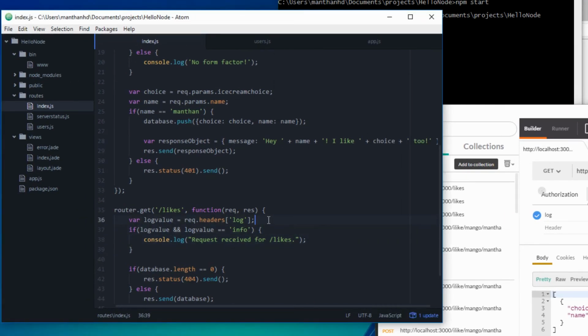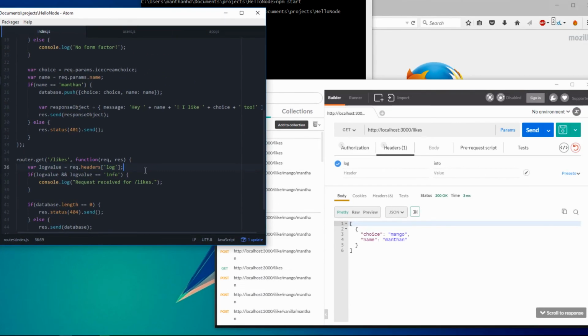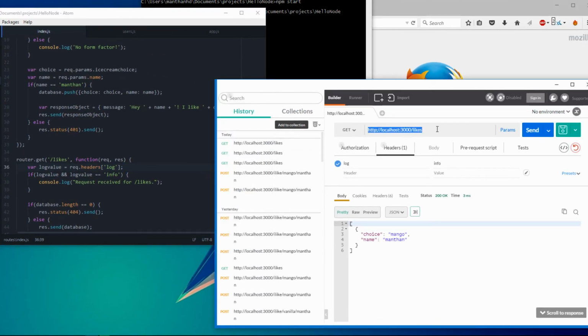Now you might say, okay, why do I need headers when I've got URL variables, path variables, and the post body and that kind of stuff? Well, headers are very important because you can't and you shouldn't put all of your information in the path variable, because the path variable is visible and it's in the URL. If you are running a quite critical system like a banking system or something like that, then you don't want to provide